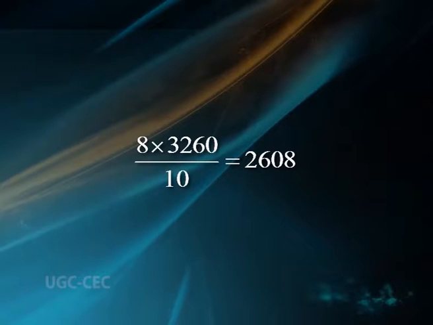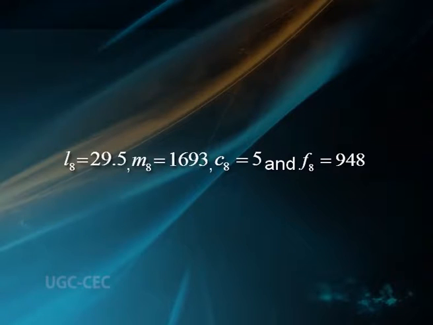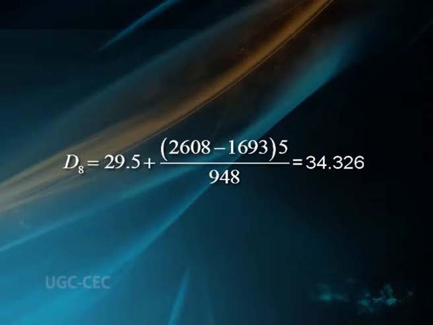D8 equals L8 plus (8 into 3260 by 10 minus M8) into C8 by F8. Since 8 into 3260 by 10 is equal to 2608, the class in which the 2608th observation lies is 29.5 to 34.5. Hence L8 equals 29.5, M8 equals 1693, C8 equals 5 and F8 equals 948. Then D8 equals 29.5 plus (2608 minus 1693) into 5 by 948, that is